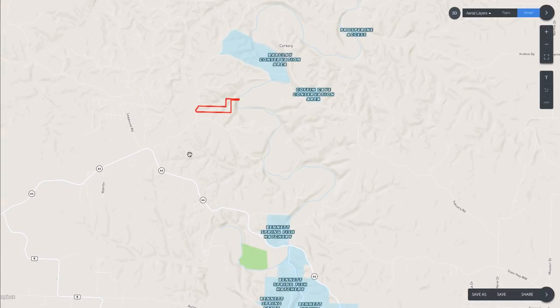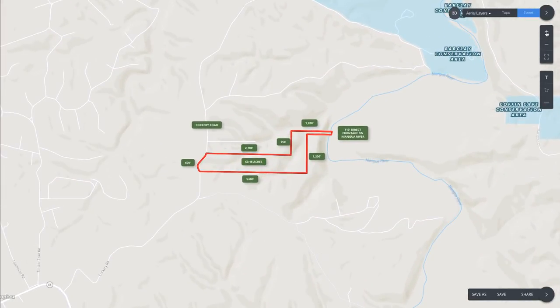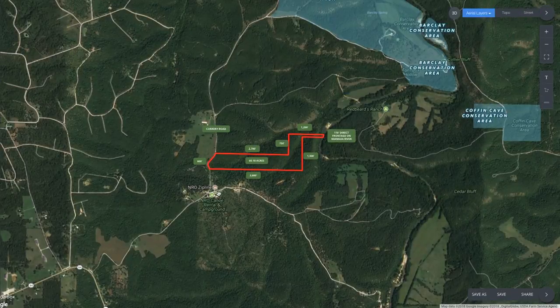After a few miles, you'll come to Corkery Road, which goes off to the north, so you'll take a right onto that. You'll go north on Corkery. You'll pass the NRO Canoe and Campground, and the property is just past that. So as we go into the aerial map here, here's the NRO Canoe Campground, and you'll see signs for that everywhere, so you can just follow the signs,